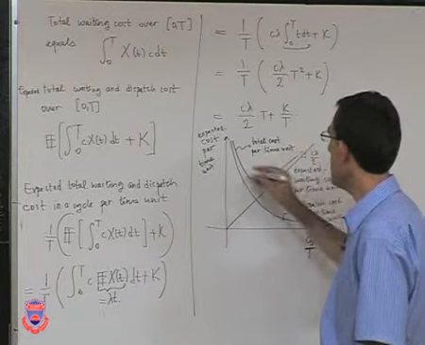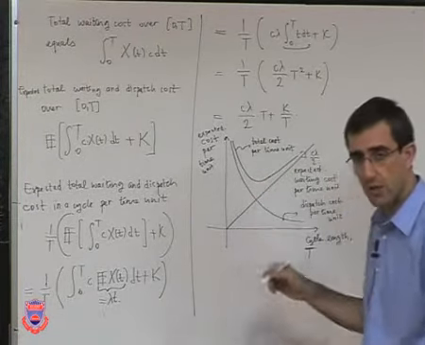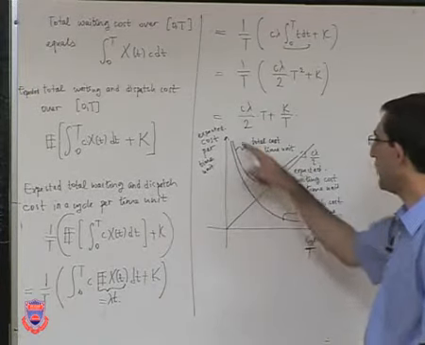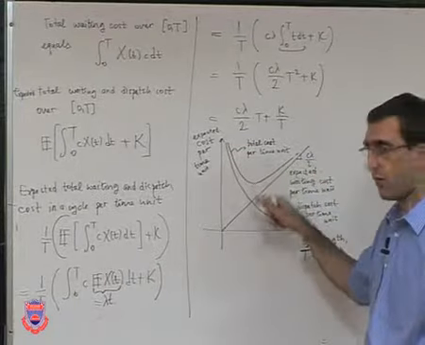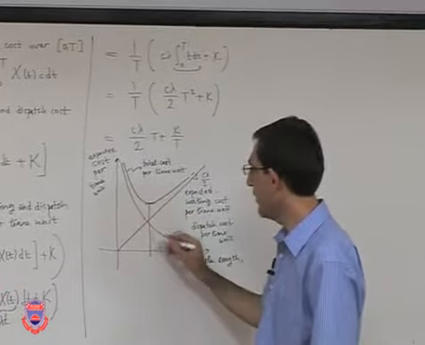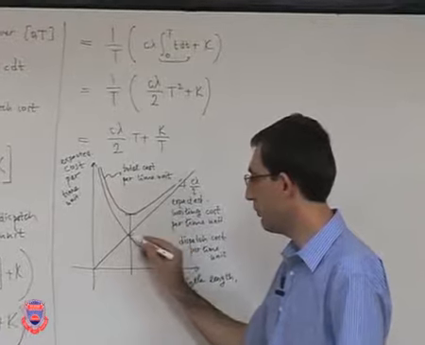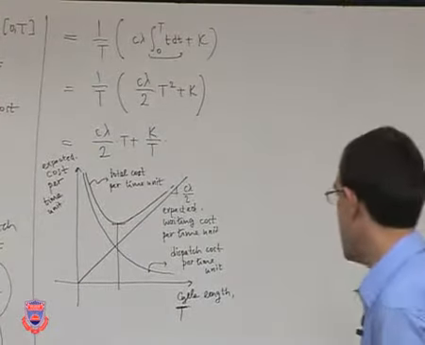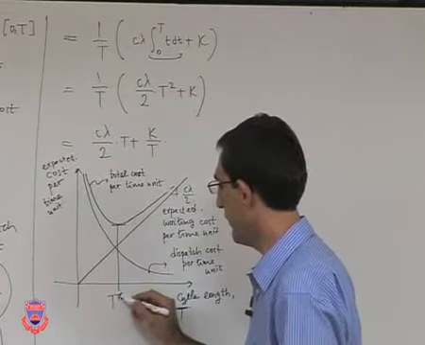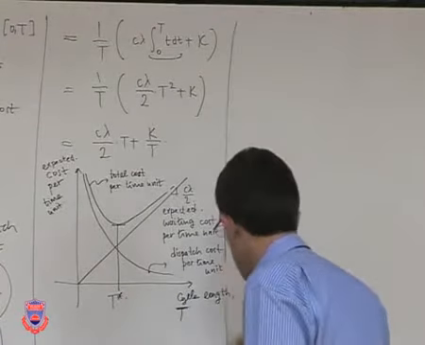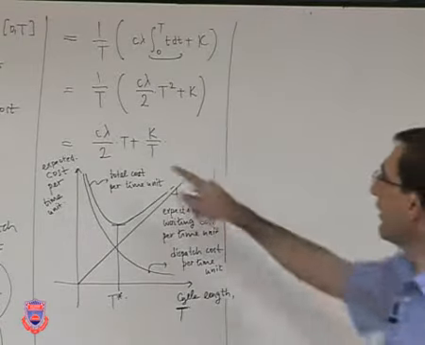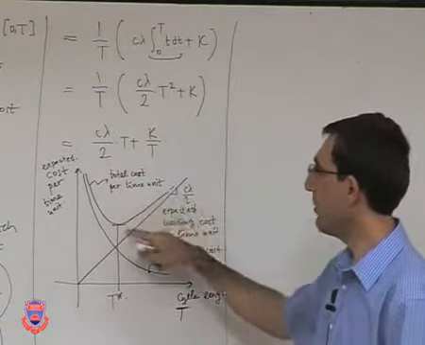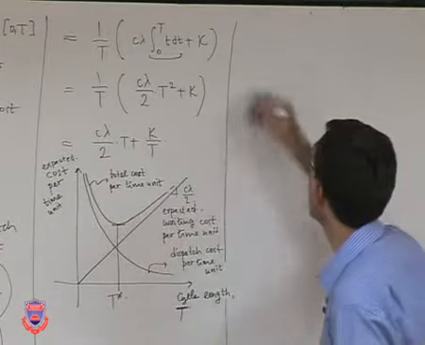And we would like to find, in the second part, the cycle length that will minimize this one. And obviously there is one. We in fact see that it is given by the intersection of these two curves. But without really worrying too much about that, if we just take the first derivative of this and equate to 0, whatever the solution is going to give us the minimum because of the shape of this function.